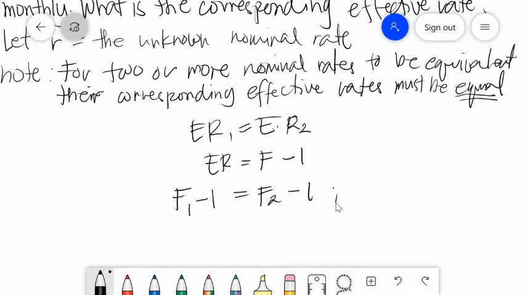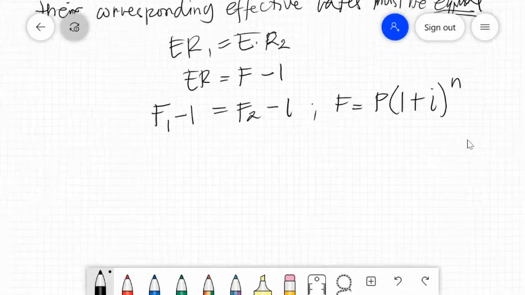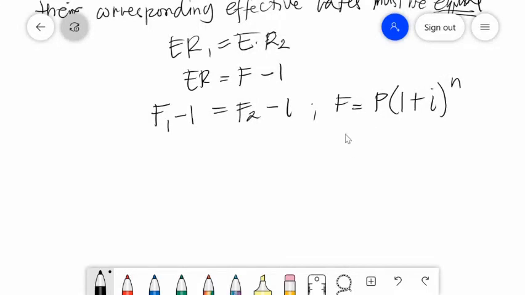Where F is equal to P multiplied by 1 plus I raised to N. So substituting, and I gayam, it is equal to R over M. Substituting this formula in our F1 and F2, it will become